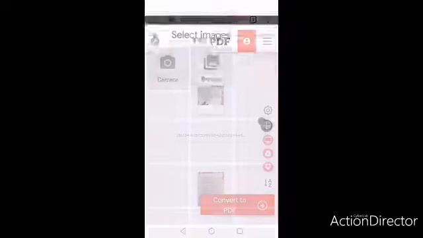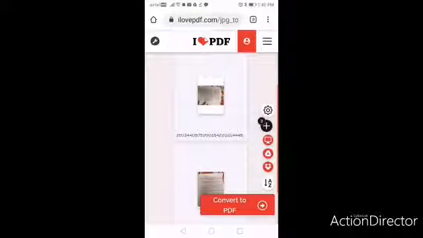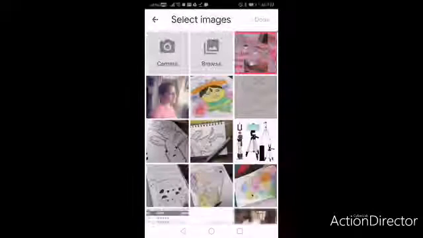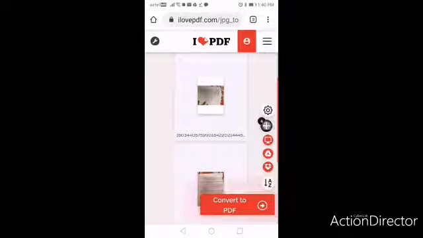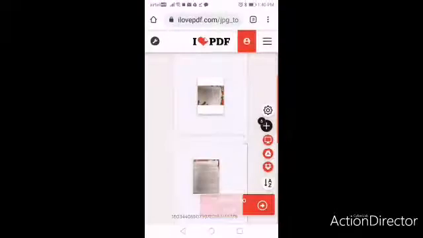If I want to upload more, in the same way I'll just turn the pages of my notebook. I'll click the pictures and I will let them form a PDF. So I'm having here, for example, 4 pages, and one more page I am going to do. So one by one, just do it. Press on the right option.